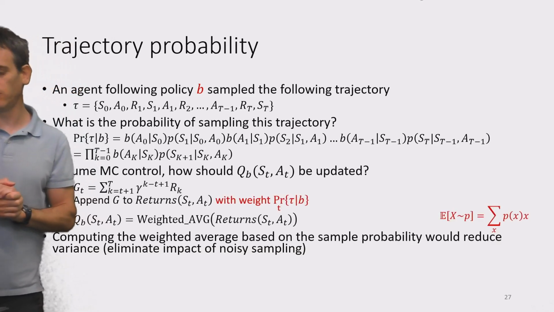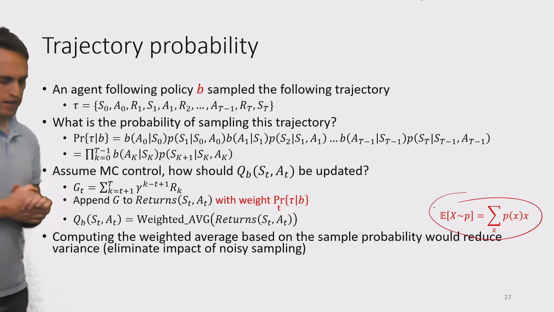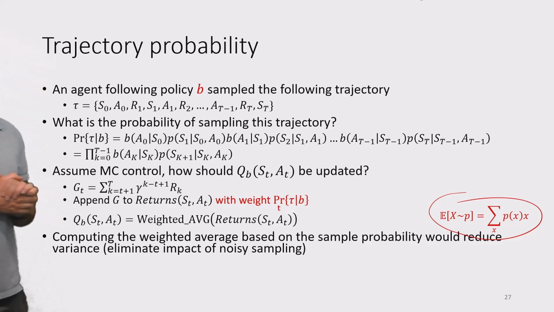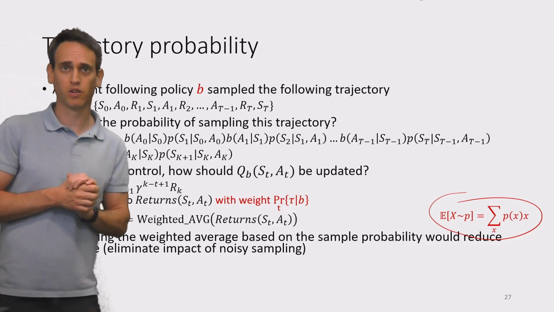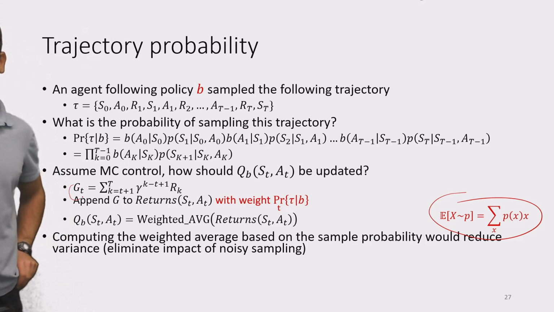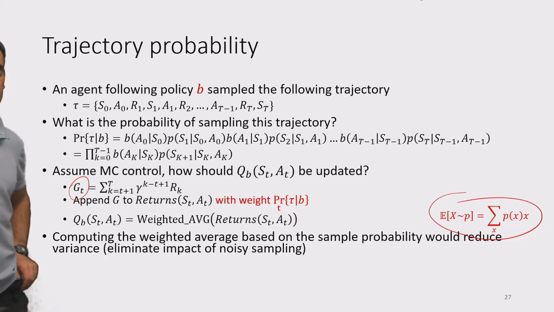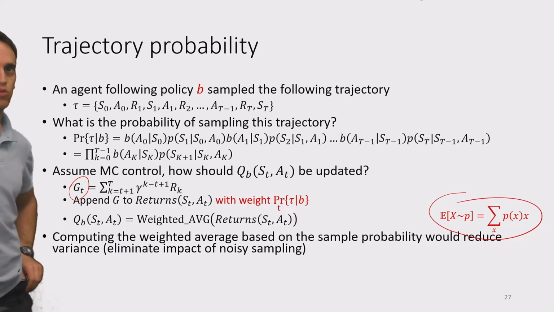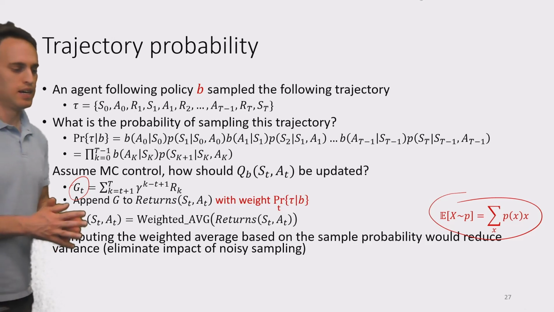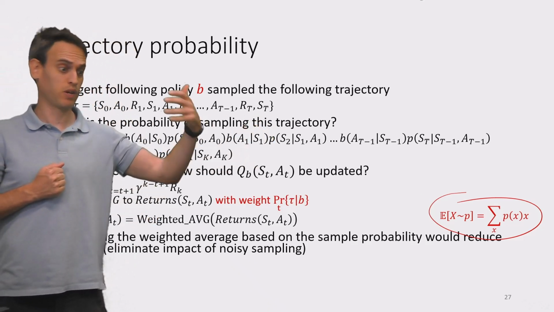If we follow the definition of an expected value, as a summation of each possible outcome multiplied by the probability of that outcome, we can use that and not take a simple average of the returns, but take a weighted average of the returns. And that will actually be much better with respect to the variance. It will help us. So if previously we saw some extreme Q value after taking a very unlikely trajectory,